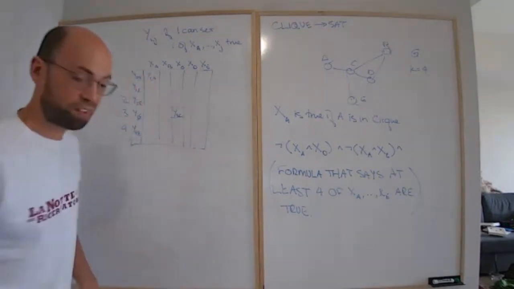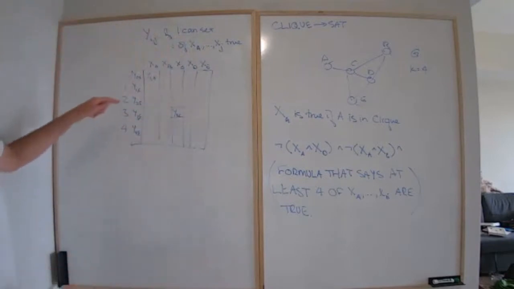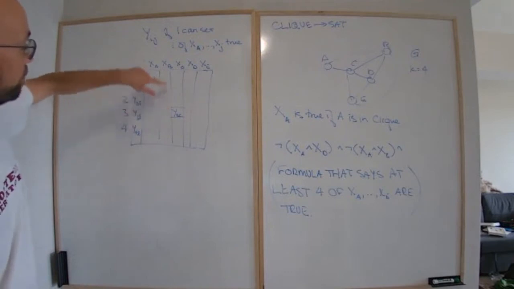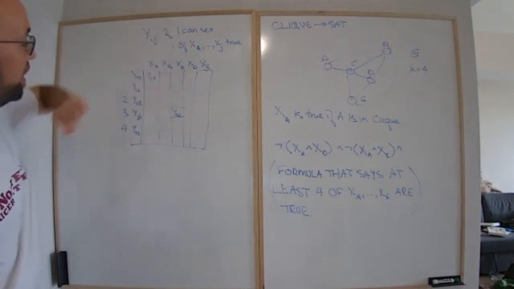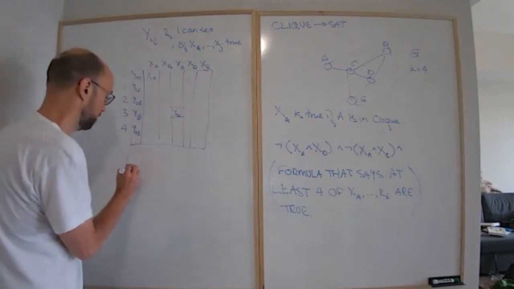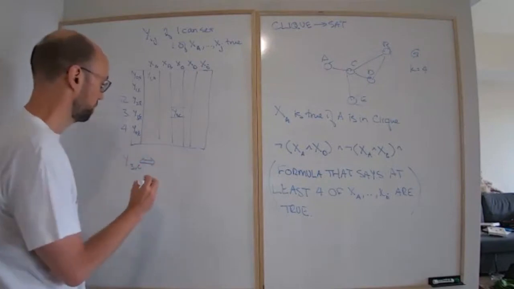That I want to set true if and only if I can get 3 things, three of the variables xa, xb, and xc to be true. So y3c, if and only if, well,